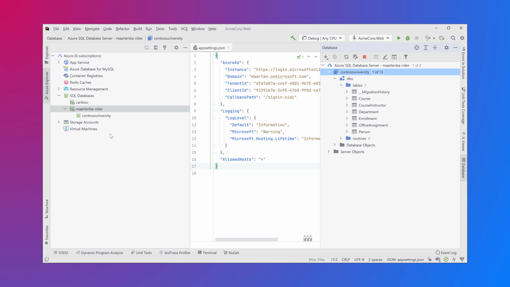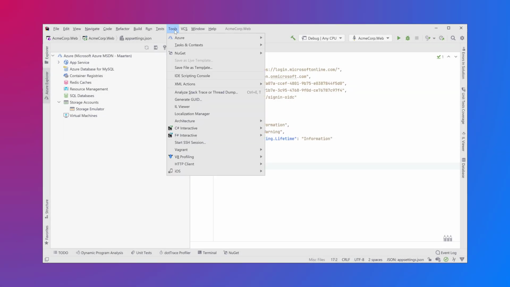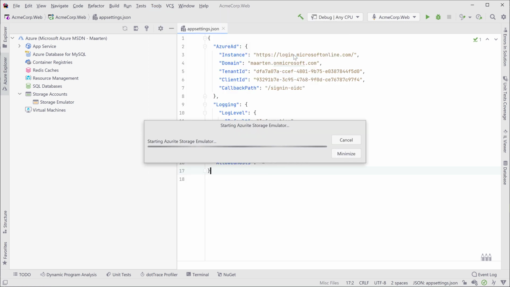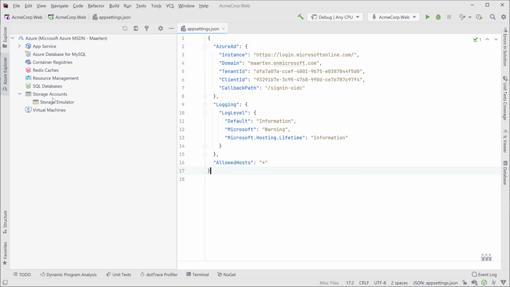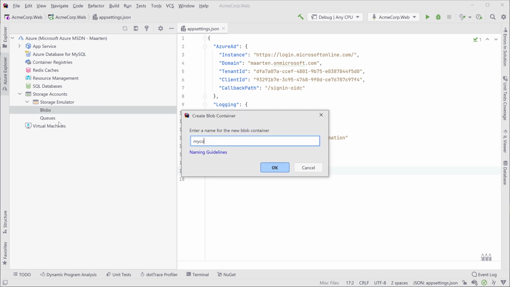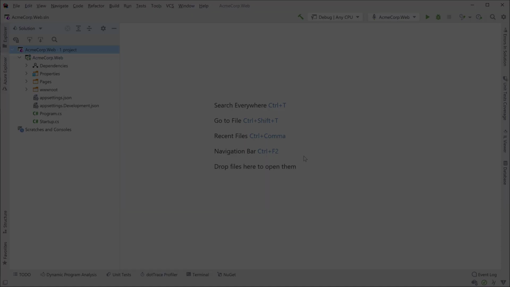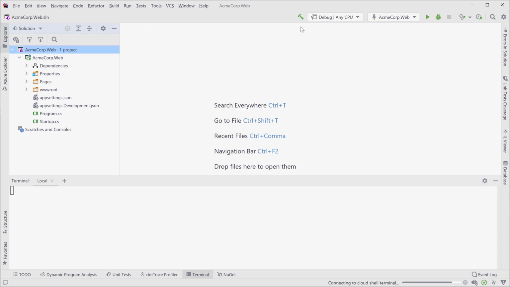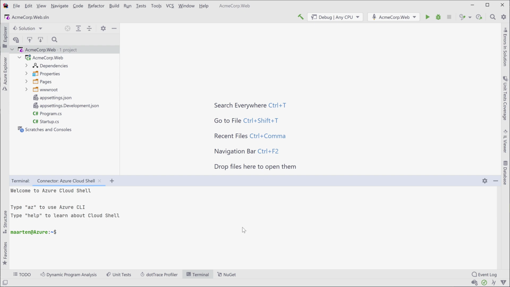machines, databases, and more. The Azure Toolkit comes with out-of-the-box support for the cross-platform Azure AD storage emulator that you can start and stop from Rider. The Azure Explorer will give you access to the blob storage emulator and queues. If you're a Cloud Shell user, you'll be pleased to know that you can connect to Azure Cloud Shell from within the IDE. After connecting, you can work with it from the Terminal tool window, just like any other terminal